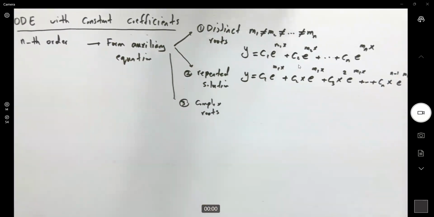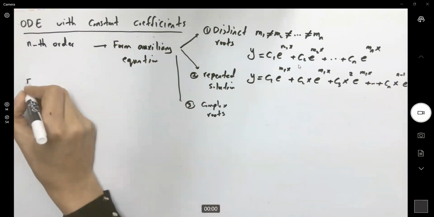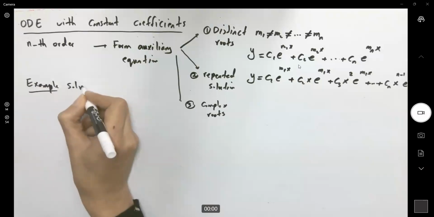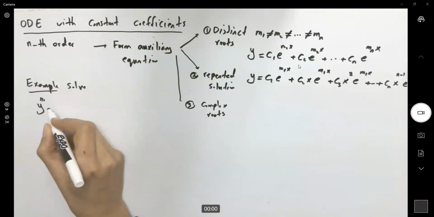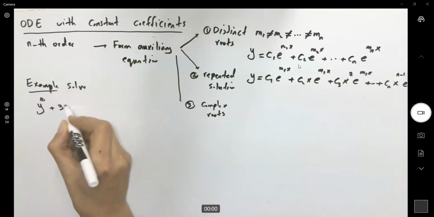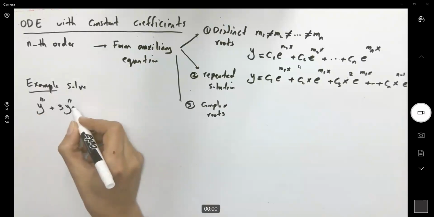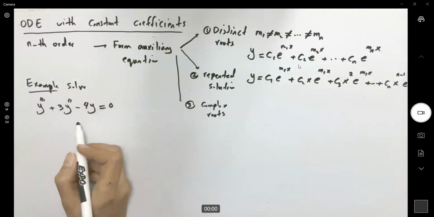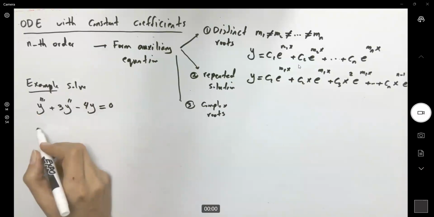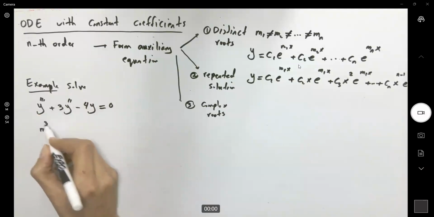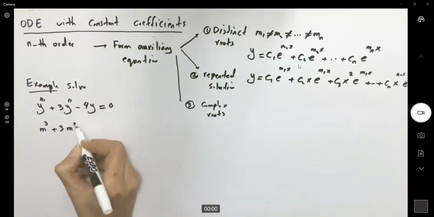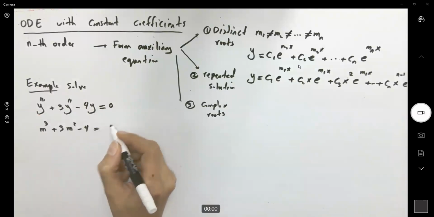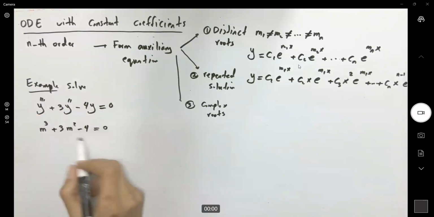In our example, the question says, solve the third derivative of y plus 3 times the second derivative of y minus 4y equal to 0. So first, we construct the auxiliary equation. We get m cubed plus 3m squared minus 4 equal to 0. So our goal is to solve this